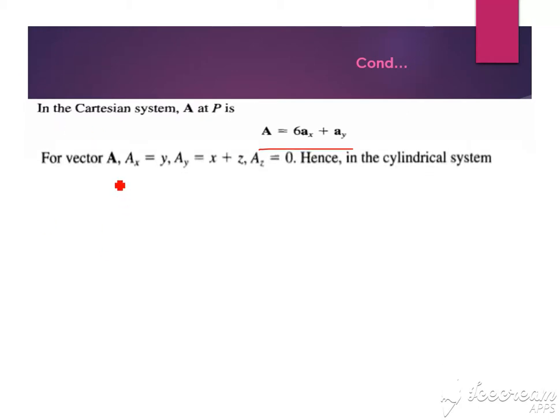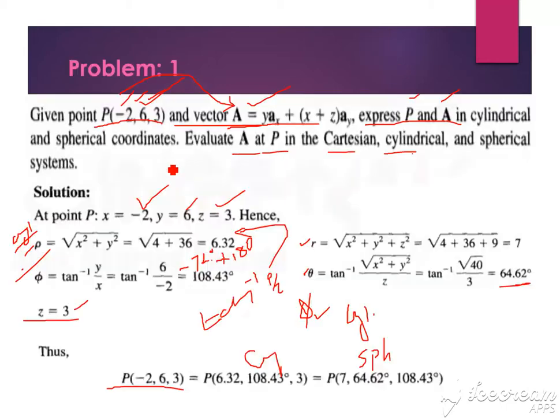For the given vector, we can write the components. Along ax we take the magnitude as Ax, with respect to ay we take the magnitude as Ay, and here the az term is not there, so capital Az is 0 corresponding to this problem. Capital Az is equal to 0.